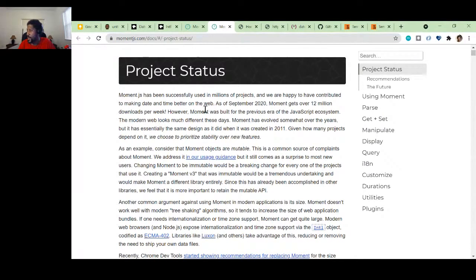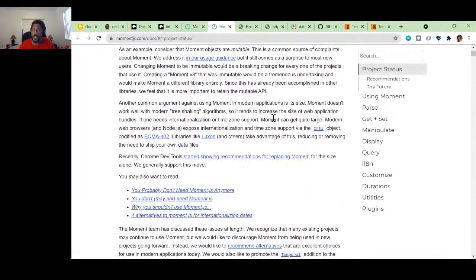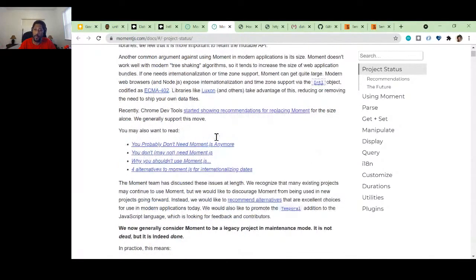And so they said here that modern web browsers and Node.js expose internationalization and time zone support via the Intl Internationalization API, which we looked at earlier. And then they have different libraries that they recommend you could try, and different links to help decide whether or not you need Moment.js,